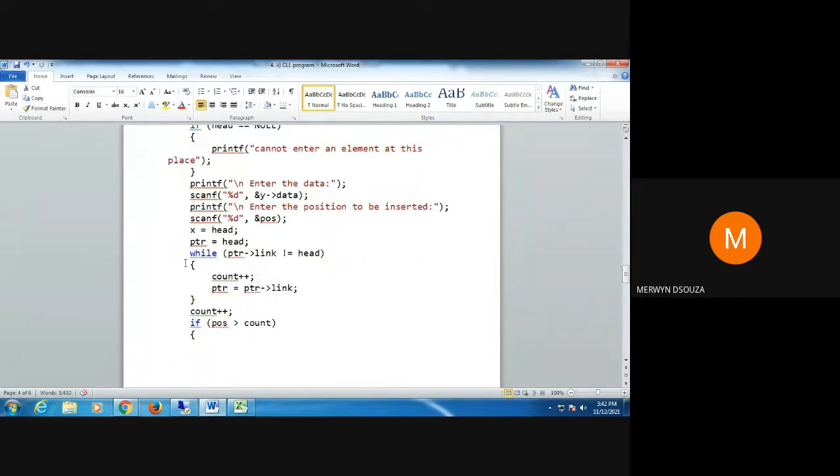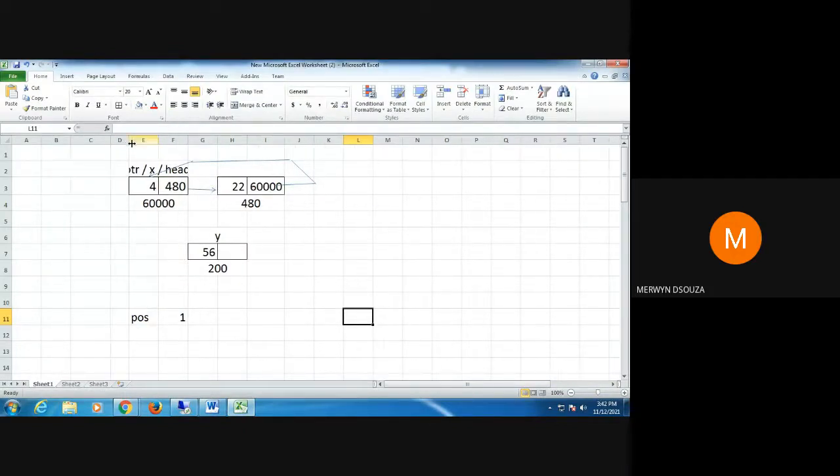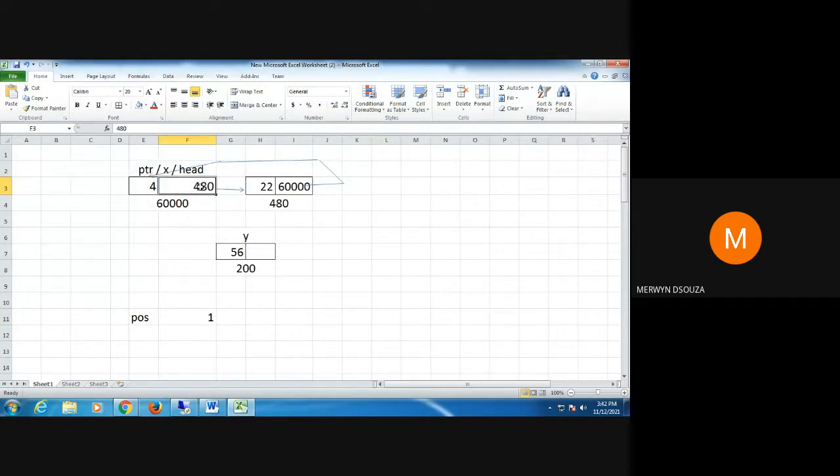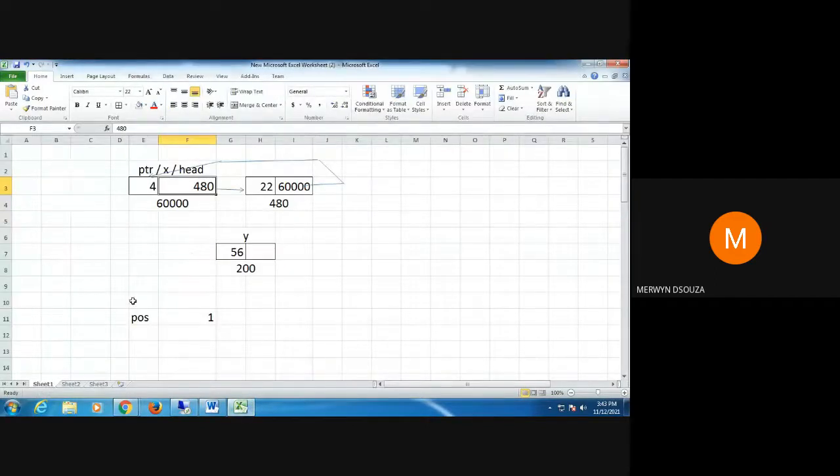So initially PTR arrow link, which is 480, is not equal to head. So count will become plus 1. Initially it was 1, so now count will become 2, and PTR is shifted to the next node here.